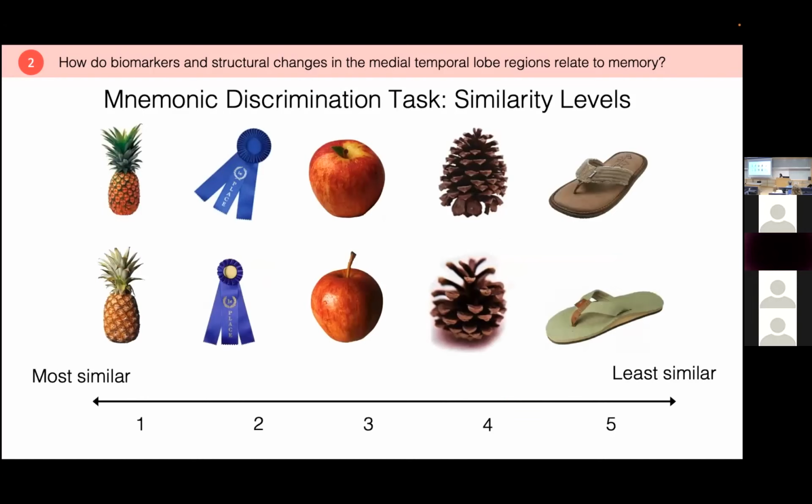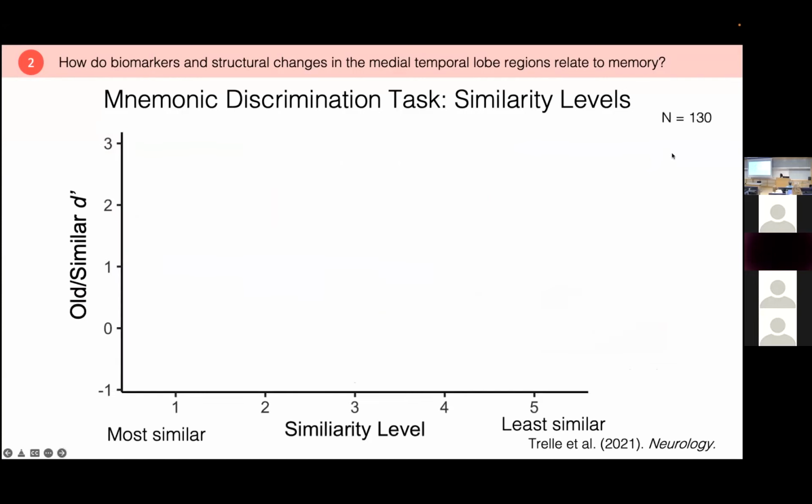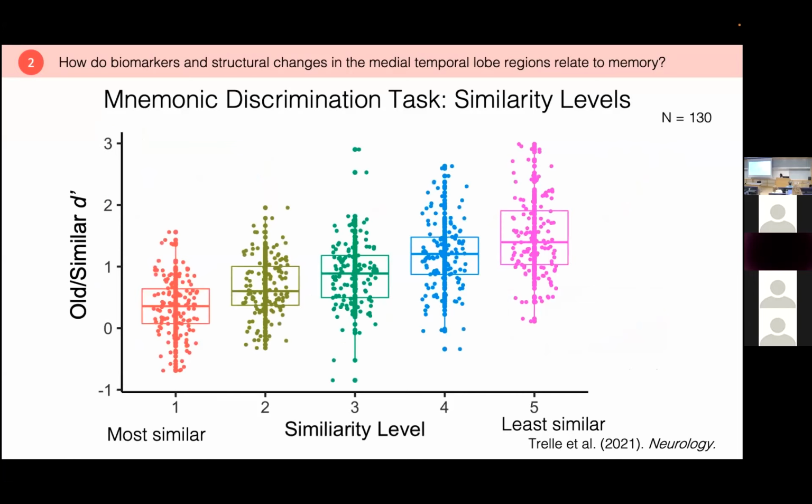And so embedded in this task are several key difficulty trials. The stimuli range, and we call these lure bins. They can range from the most difficult and the most similar, so pineapple 1 and pineapple 2 are very similar, to easier trials in which the items are less similar. And as expected, if we look at performance across all of these different similarity bins, you would see that performance improves as the task gets easier, right? Participants at level 1, the task is very hard, so their D prime is relatively low, as opposed to the least similar items, level 5, where the performance is much higher.